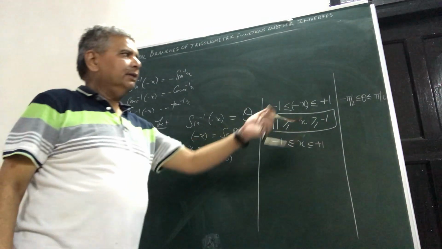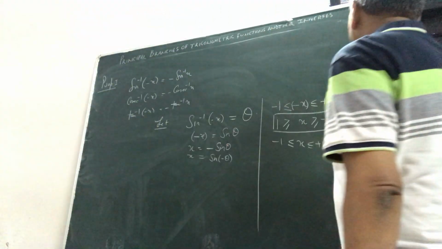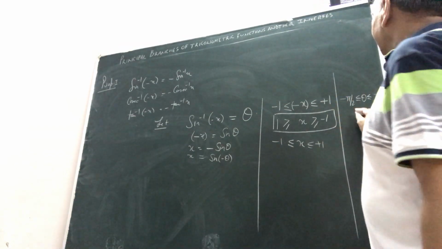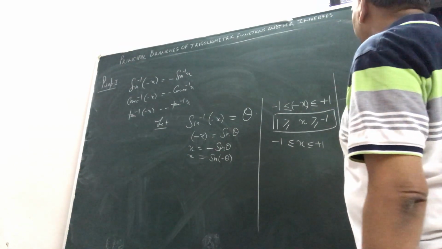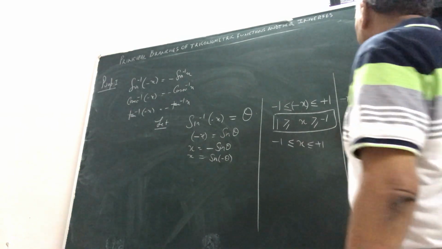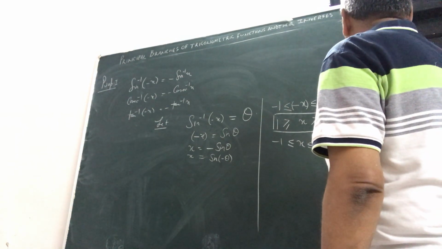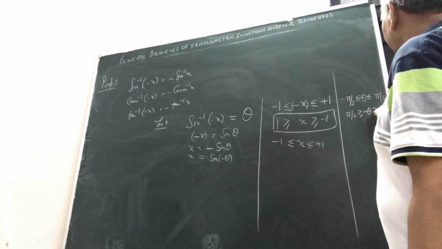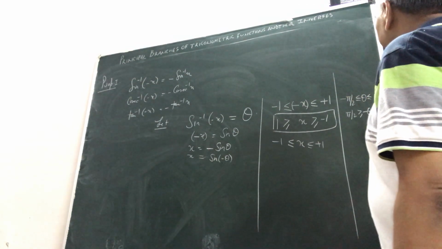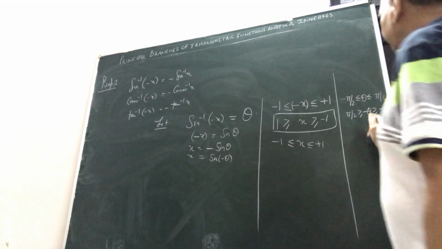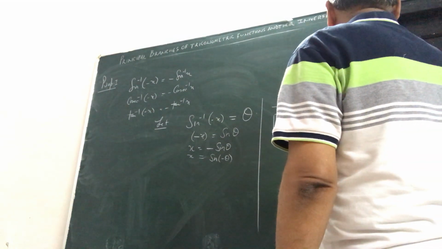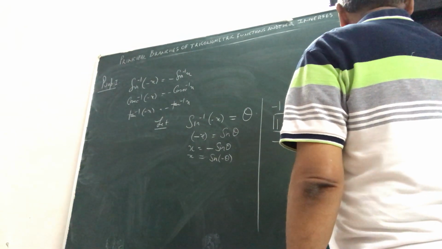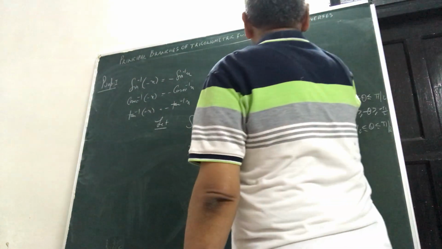And now see here, theta lies between minus pi by 2 and pi by 2. So minus theta will again lie in the same range, because if you multiply this inequality with minus, you will get pi by 2 greater than minus theta, and this will be greater than minus pi by 2. Again, you are getting the same thing. Rearranging it, minus pi by 2 is less than theta is less than pi by 2. Even otherwise also, please see.